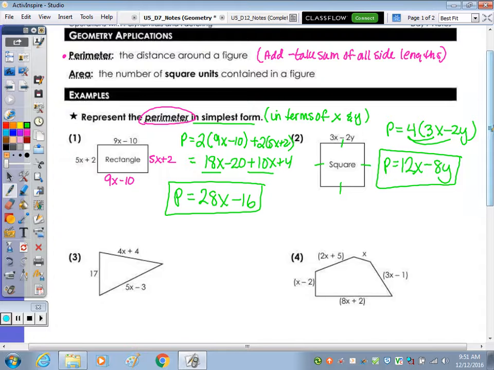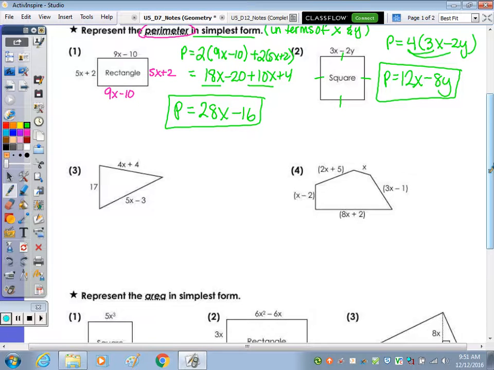Number 3, the triangle. So adding all 3 sides. So I will stack them this time. So we have 4x plus 4, the 17, and then 5x minus 3. Combining 4x and 5x, we have 9x. 4 plus 17 is 21, and 21 minus 3 is 18. So perimeter, it's kind of sloppy. Perimeter equals,